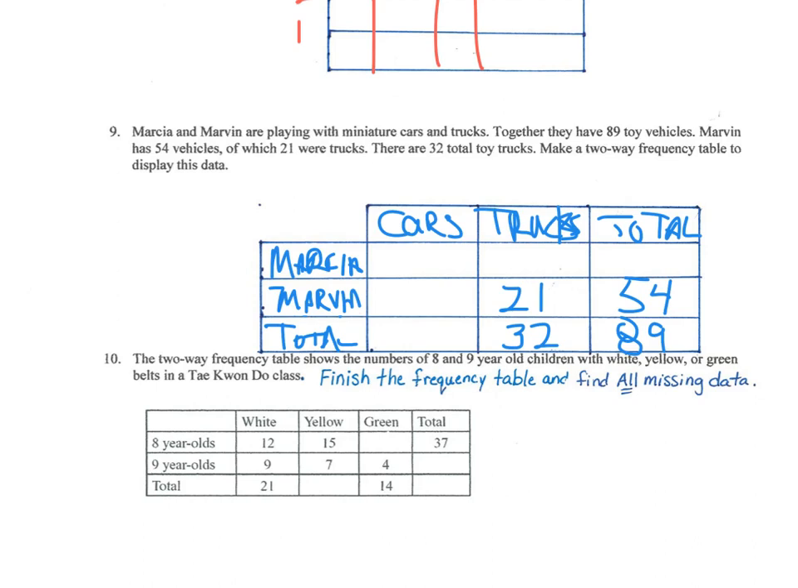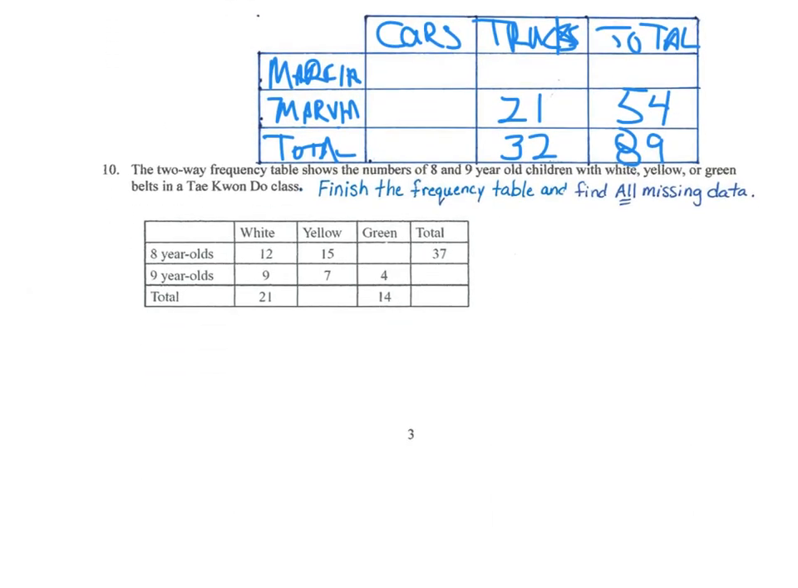Moving on to the last problem of our test. It says a two-way frequency table shows the numbers 8 and 9-year-old children with white, yellow, or green belts in Taekwondo. We need to finish the frequency table and find all the missing data. Okay, so use addition and subtraction to find the missing information. Okay, if you need help,